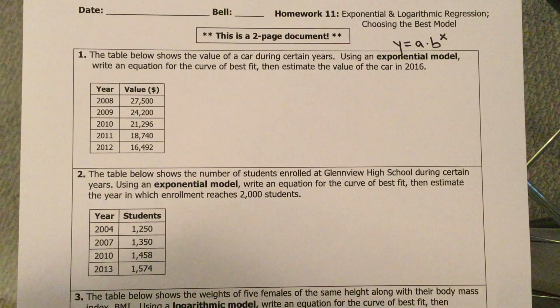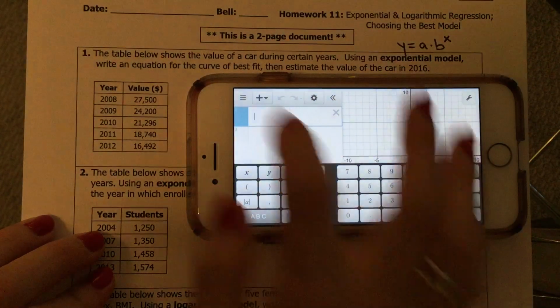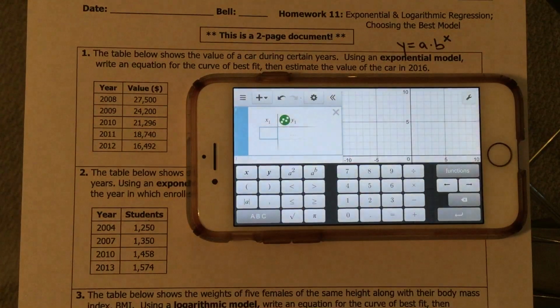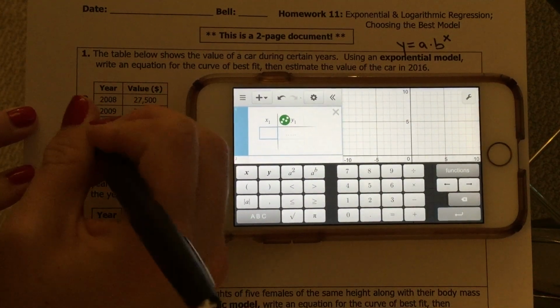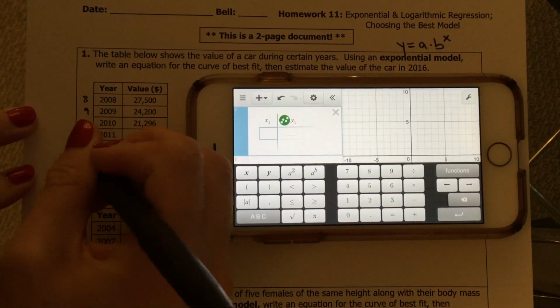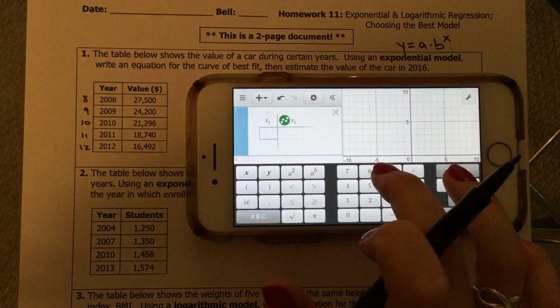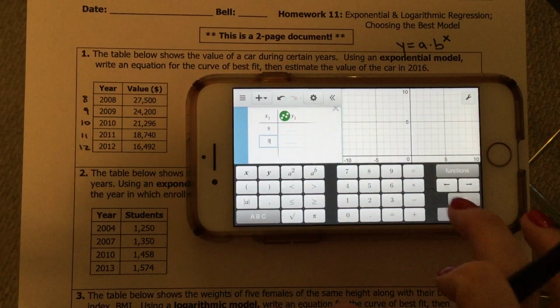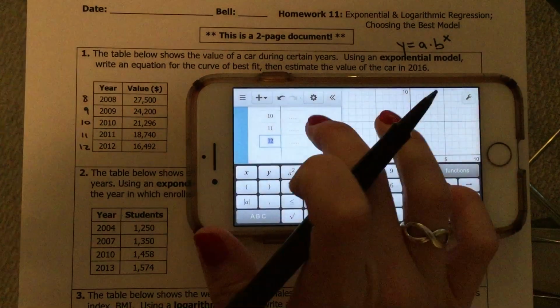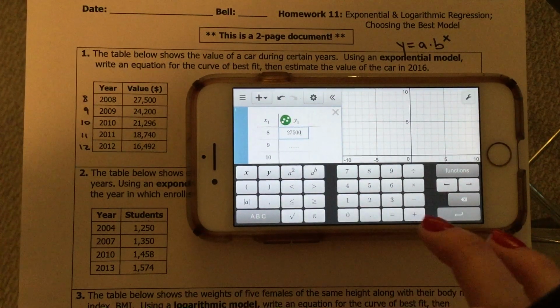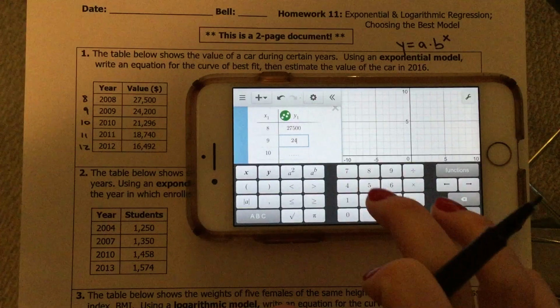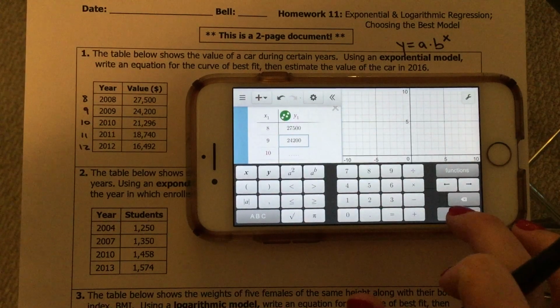So with number 1, let me show you what it looks like on Desmos first. So you've got a table to set up, so you just add this table. We're going to type in our data. So remember, with years like this, you just do 8, 9, 10, 11, 12, rather than actually typing in the 2000. So 8, 9, and then it starts to guess where we're headed. So then type in our y1, so 27,500, 24,200, and